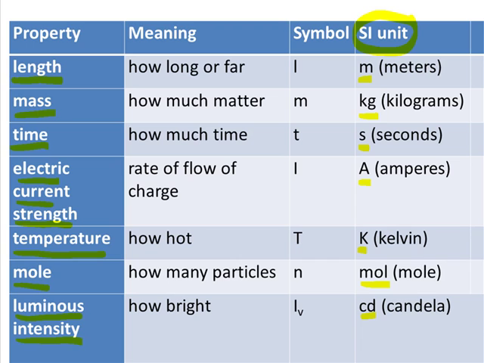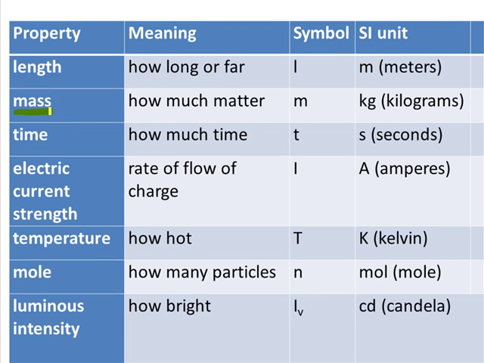So let's look at these properties and their units. Length means how long or far. The symbol for length is L, whereas the unit is M for meters. The SI unit is meters. So notice that L and M don't mean the same thing. L is like a shorthand way of writing length. Instead of having to write L-E-N-G-T-H, we just simply write L to mean length. But meters is one way in which we can measure length. There are other ways as well, for example, kilometers, centimeters, millimeters, but the standard international unit for measuring length is